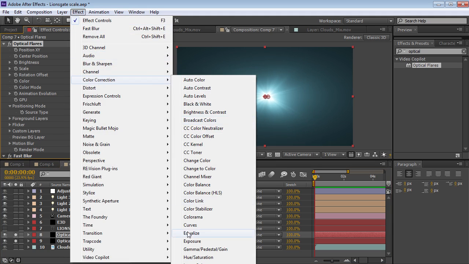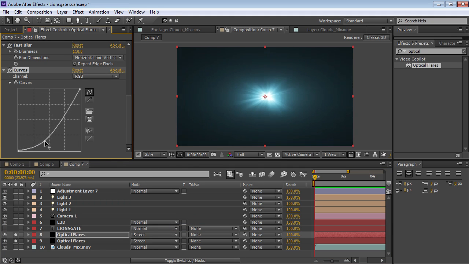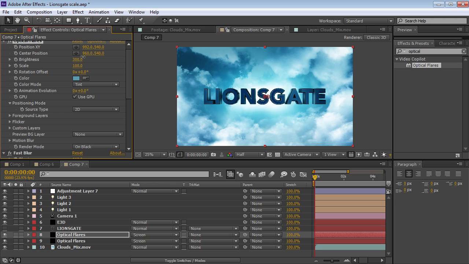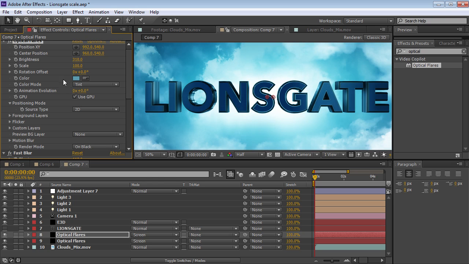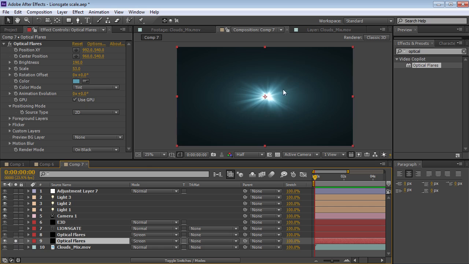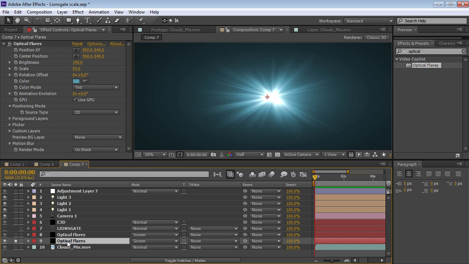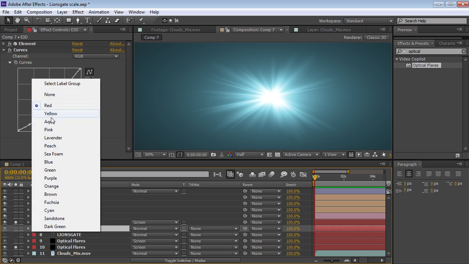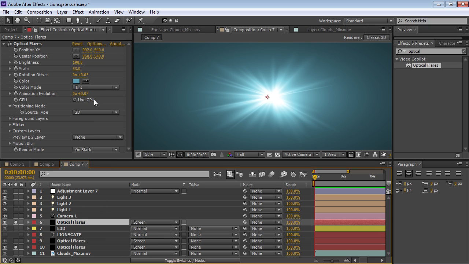Maybe we'll add a curves adjustment to this one too. Everybody gets a curves adjustment. Why not? Brighten that up. We want to have a nice hot spot there. And then we can take this copy, so the one that's a little more sparkly, and we'll hit Control D, and let's put that above our Element 3D layer. So let's make this yellow. And we got our lens flare on top,